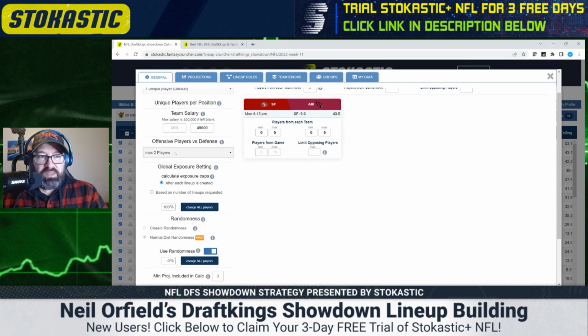Offensive players versus defense. Default is set to a max of 2 players versus the defense. I'm going to change this to 5 players versus the defense. So I could theoretically have 5 San Francisco players in my lineup and just the Cardinals defense. It doesn't work out all that often. It's also not going to come up very often in my lineups. I'm just allowing it as a